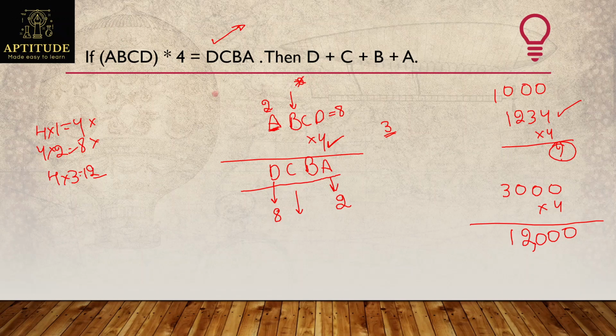So it should not be greater than 3, which means the chances left are 0 or 1. Why? Because a is already taken for 2. I cannot take b value as a 2. So there are chances 0 or 1. Let's see if I take a 0 whether it is possible or not. If I take b value as a 0, here also b value should be 0. And observe this one.